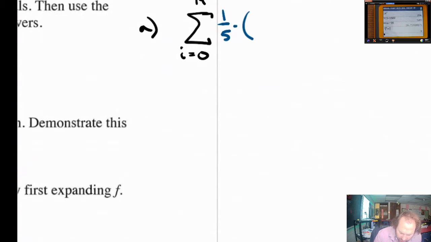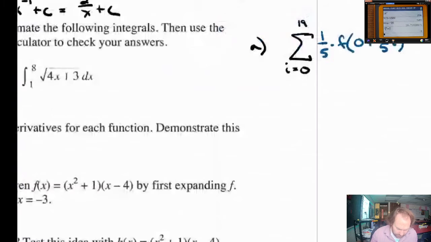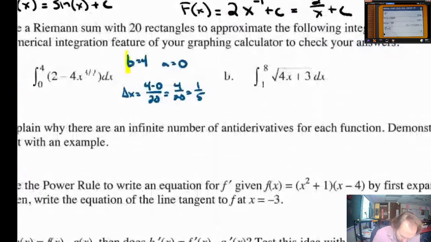Each one of these rectangles is going to be f. Let me just get rid of that first parentheses. It's going to be f of the left bound, 0, plus delta x times I, just like that. Now, the f of x in this problem is going to be, wow, is that supposed to be 3 over